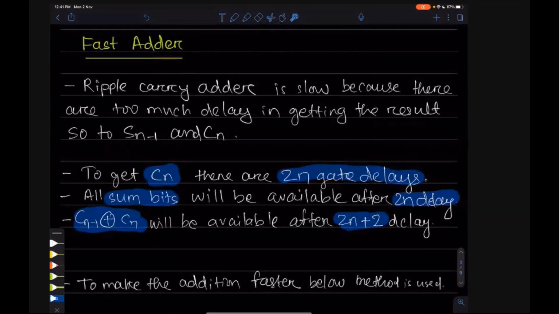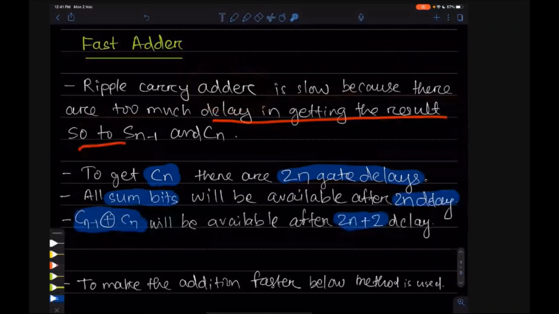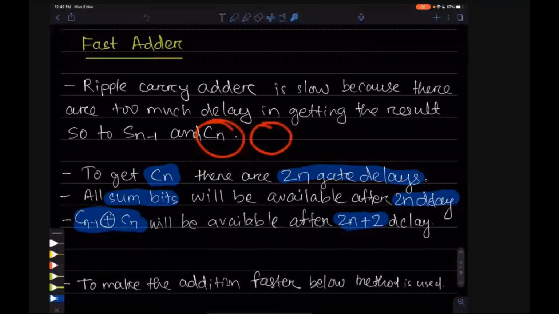Okay, the ripple carry adder is slow because there is too much delay in getting the results S0 to Sn minus 1 and Sn. Our main goal is to find S0 to Sn minus 1 and also Cn and Cn minus 1, because you have to do the XOR operation between these two.